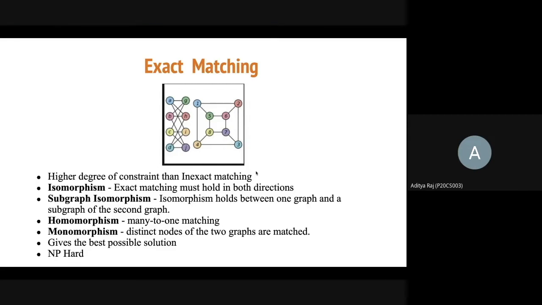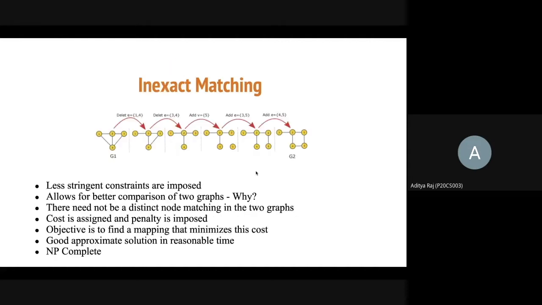What is important to discuss here in exact matching is that this will always give you the best solution possible because the problem statement is highly constrained, and also because of this, the algorithm is very compute expensive. It is an NP-hard problem, that is, it cannot be solved in polynomial time complexity. But there are ways by which we can reduce this algorithm to approximate and give a solution in near polynomial time. These algorithms are basically inexact matching algorithms, which are NP-complete, which means for them we have found approximate polynomial time algorithms. We'll move on to the next slide and talk about what inexact matching is.